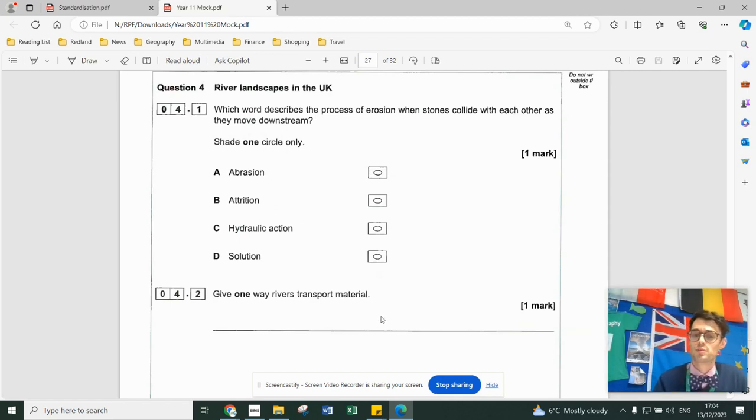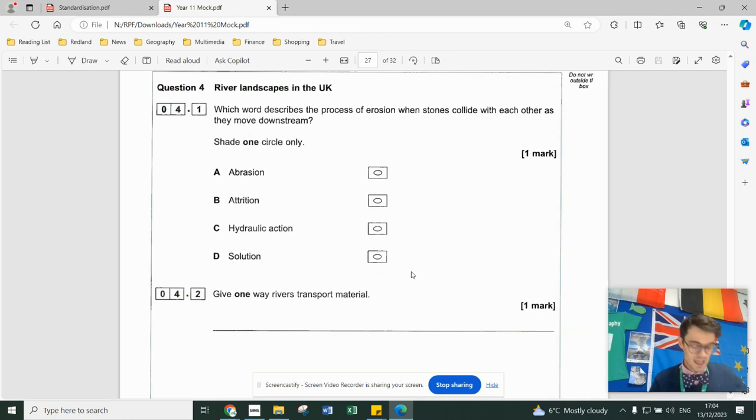For river transportation, you've got traction, suspension, saltation, solution. One of those. Don't say current. The current isn't a method. It's not a process. It's just a thing that happens in the river in which one of those four processes